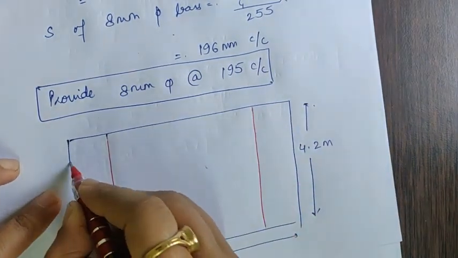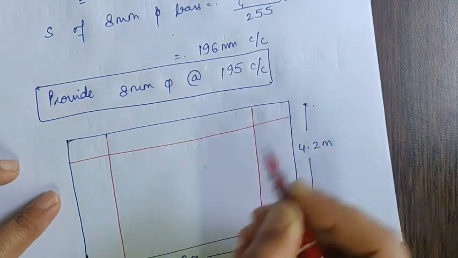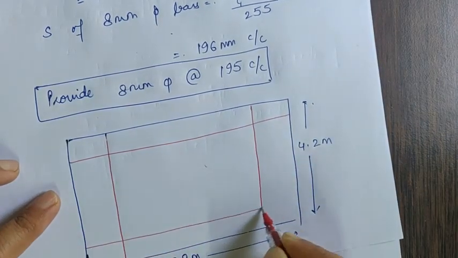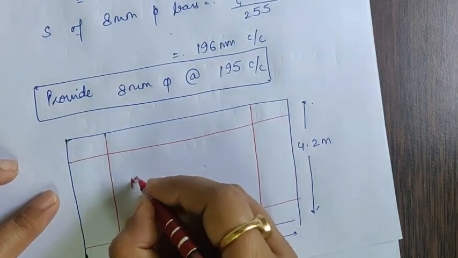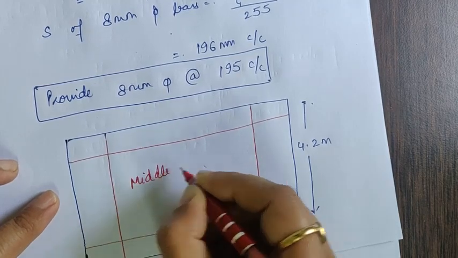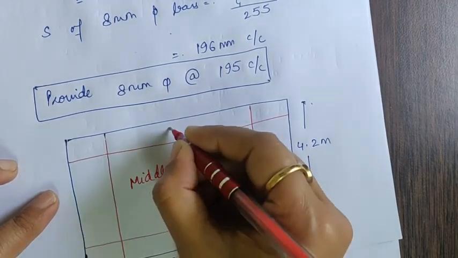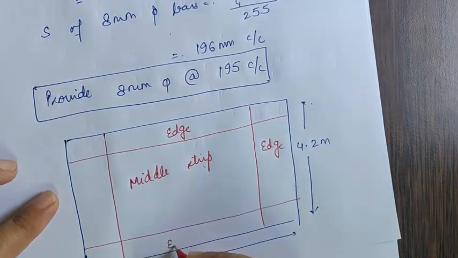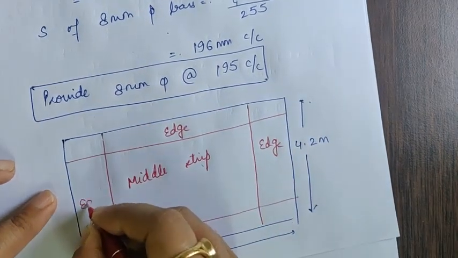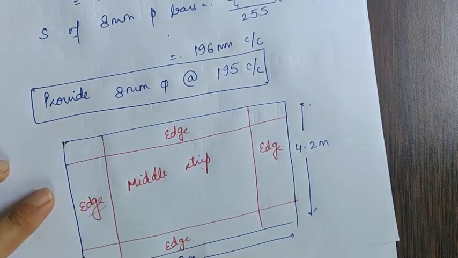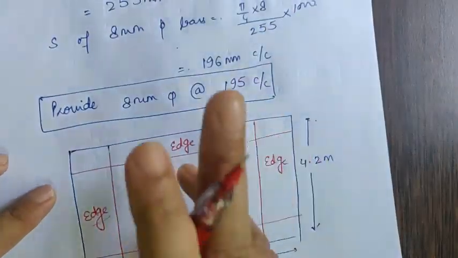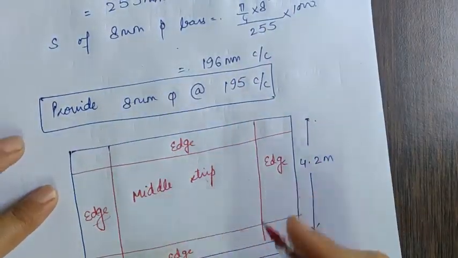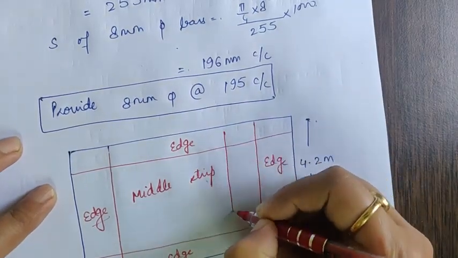Similarly, along this axis also, this is the middle strip, this is the edge strip. So this is the middle strip. On all the four sides, this is the edge strip. And the reinforcement that we got is for the middle strip. That is, along this direction,